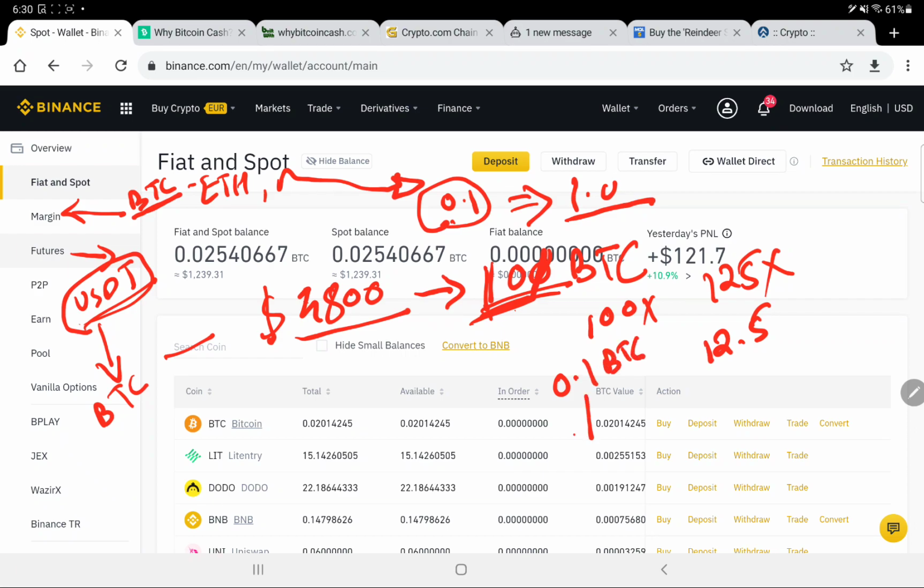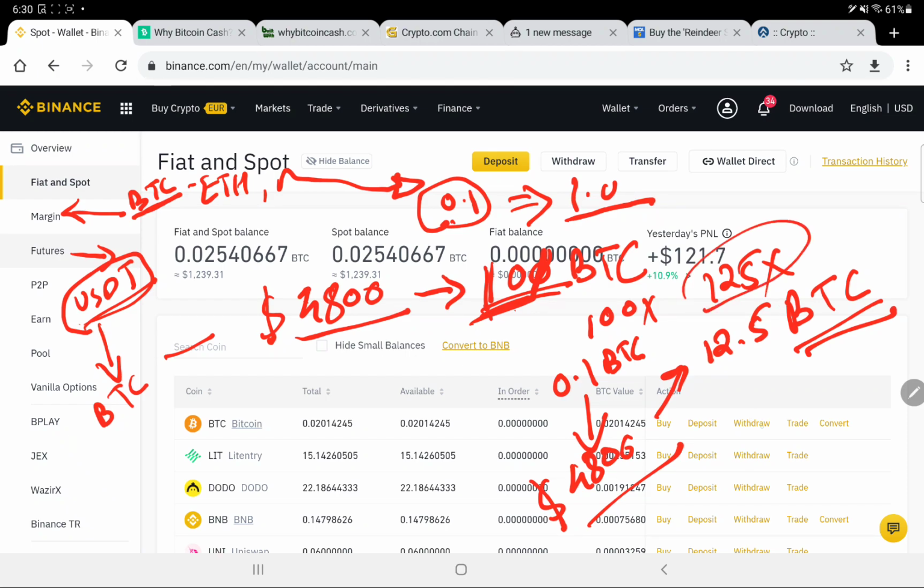And that BTC you have to sell and convert into USD. Then once you convert into USD, you can directly trade 12.5 BTC on either the buy or sell side. But if you trade with such a high margin, with only a small movement of around $100 or $50, your capital will be wiped out because you are trading 12.5 BTC. So profit and loss will be calculated based on that. Your profit is much higher, but your loss is even higher. So consider the risk before trading with margin.